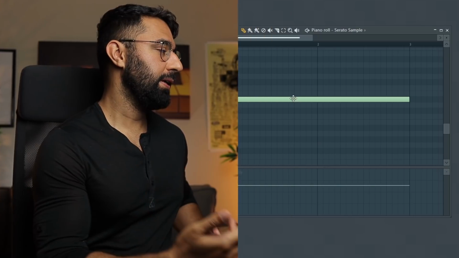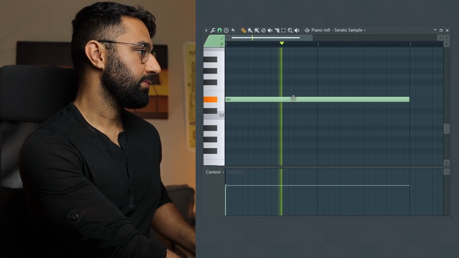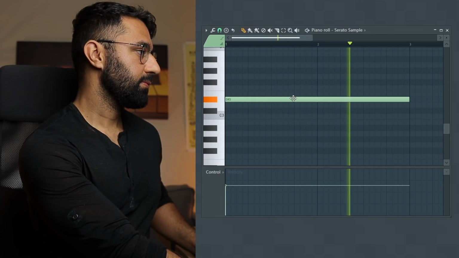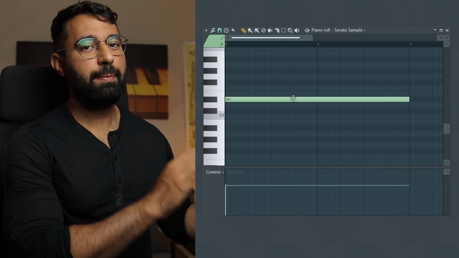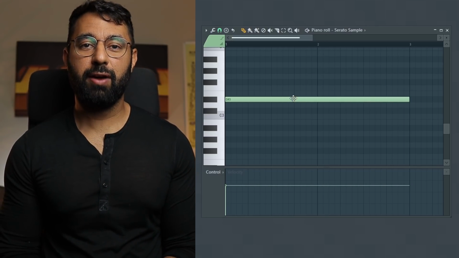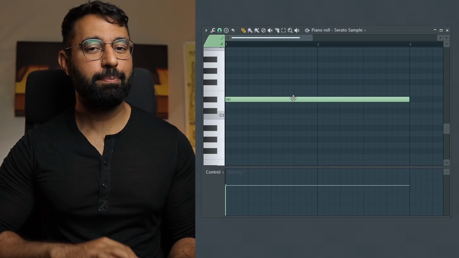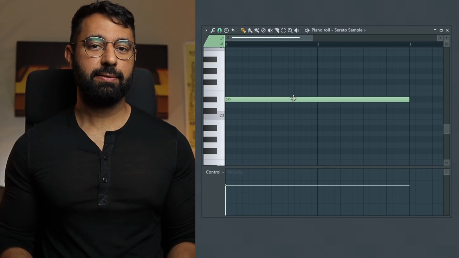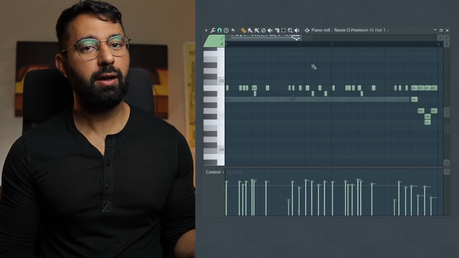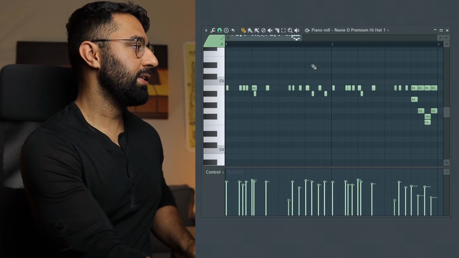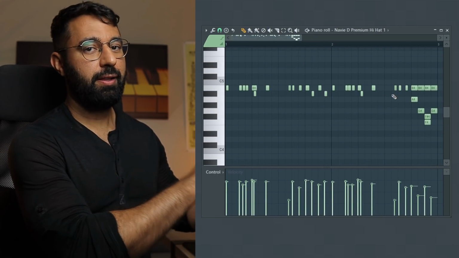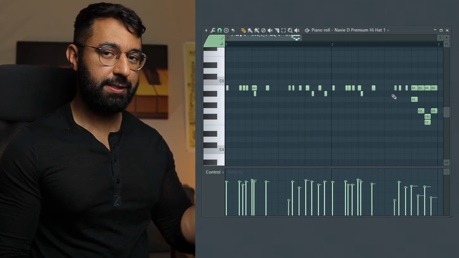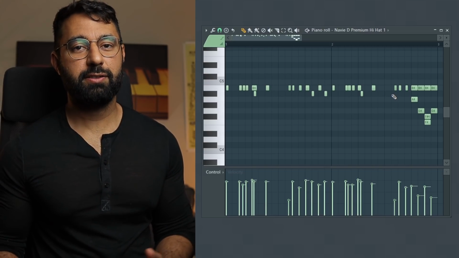Especially with this beat that I've built here, you can hear with this loop that I've chosen, we have those chords playing on every beat. The sample here has a very straightforward rhythm, so if I were to use all of my other elements and have them play with the same straightforward rhythm as well, the beat might not end up being all that interesting. Which is why I built this hi-hat pattern with all these small stutters in it, and I drop notes here and there as well. We have a pattern here that just isn't as straightforward. This is just helping my beats sound more interesting in this particular situation.